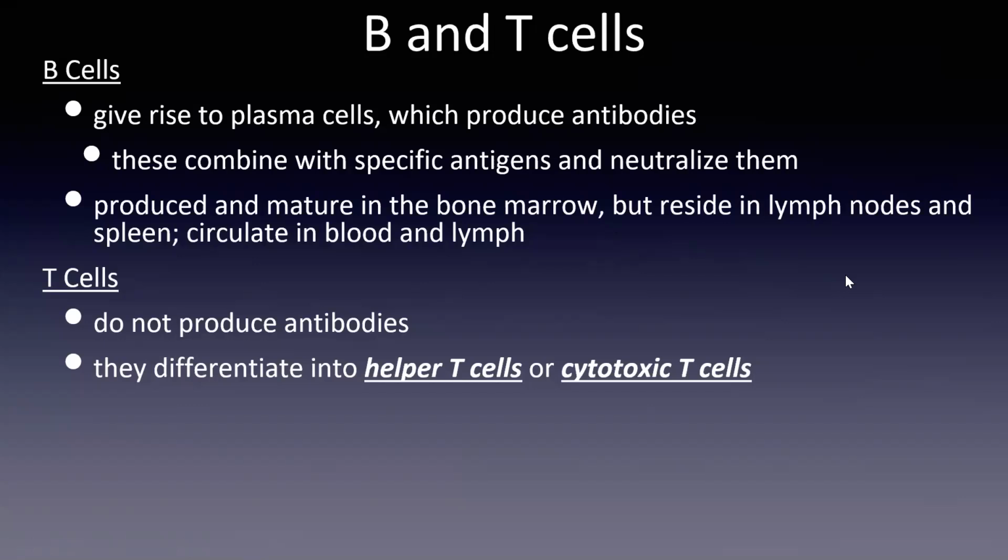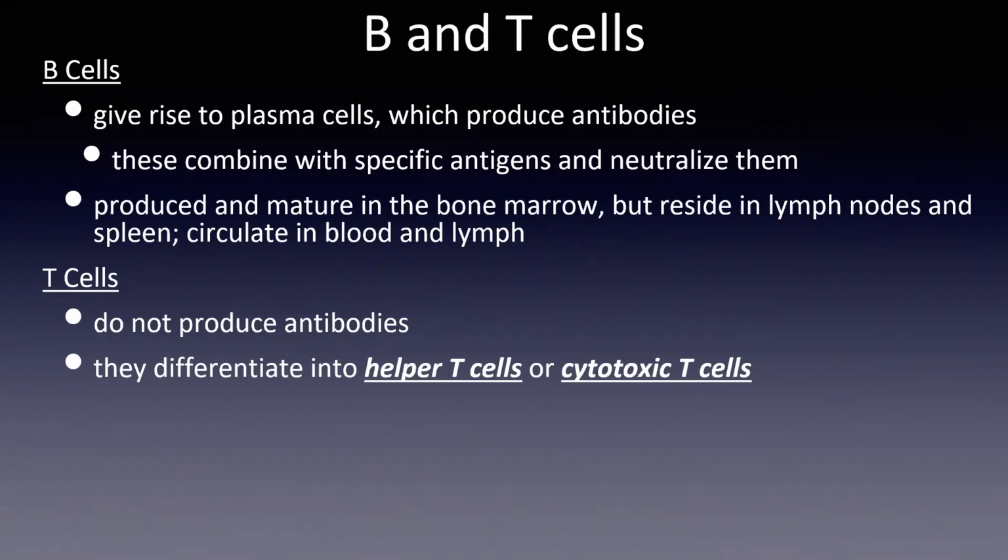So if I took a quick survey or a guess, which one of these two do you think is the more damaging type of cell? The helper T cell or the cytotoxic T cell? Keenan, based on their name. Yeah, cytotoxic, as opposed to I'm helping. I'm a helper T cell.